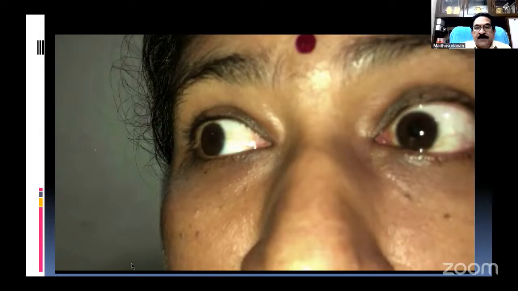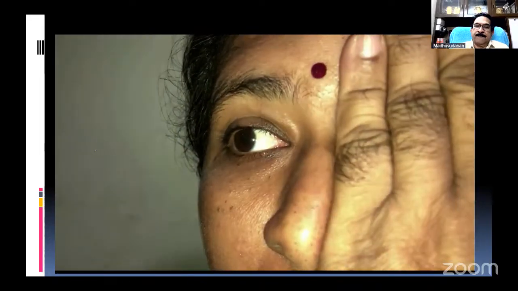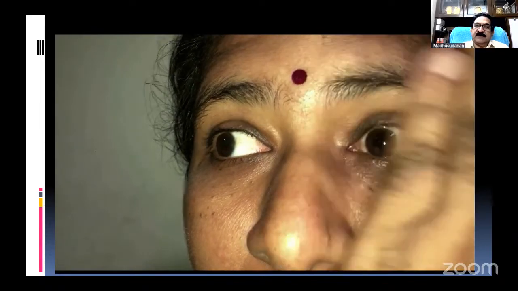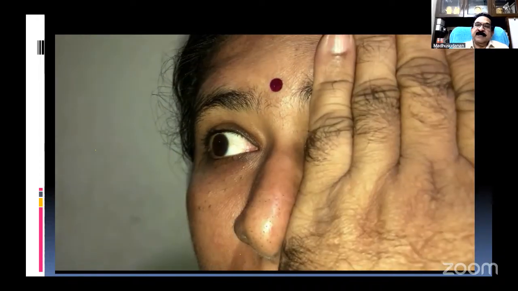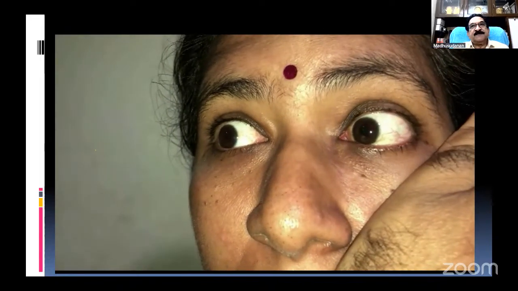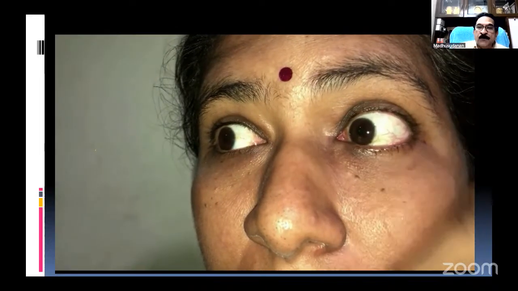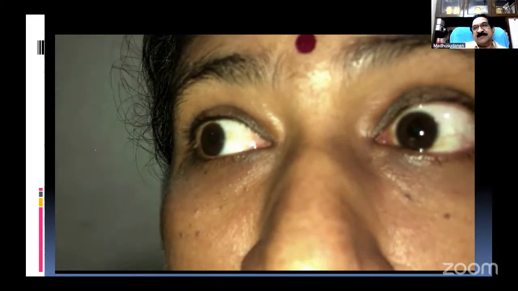Now I want to show you the same video once again to prove the point I mentioned earlier. Now look at not the right eye, but the left eye when you remove the cover. Keep looking there. See the eye going inside? I will show it once again. On closing the eye, it goes to the lazy position. Then it picks up and fixes the position. That means when you want to look at the object, extra innervation goes to the medial rectus to make it look at the object. Otherwise, it will go laterally. That is why under cover, it goes laterally.